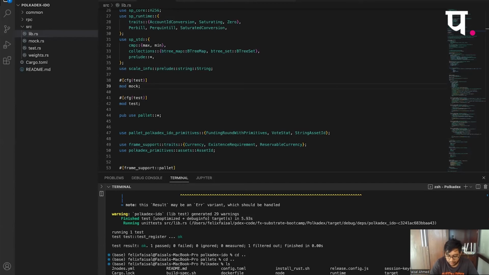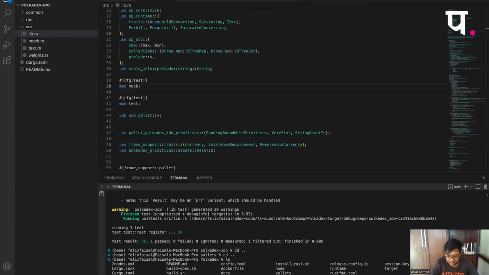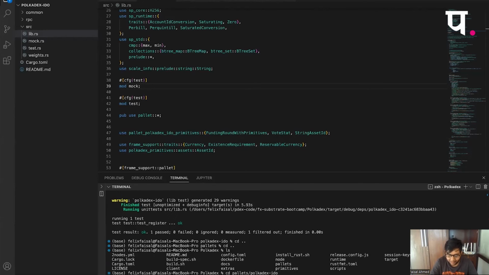But if I am just going to the pallet and testing it, this is basically running it in the host machine. I've run into a lot of trouble whenever everything is building over here, then why would that fail? So that is a key difference that I found because of multiple bugs.